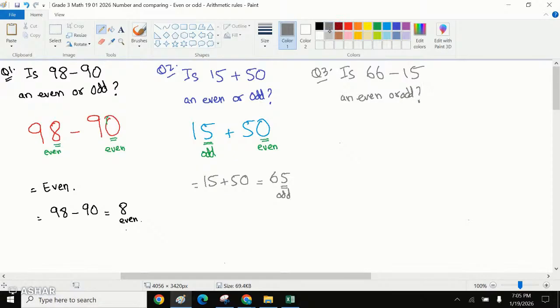So we know that 66 ends with a 6, that is even, minus 15, 15 ends with a 5, that is odd. So whenever an even and odd number are there, irrespective of the sign, it could be a negative sign or a positive sign, right? The result will always be,